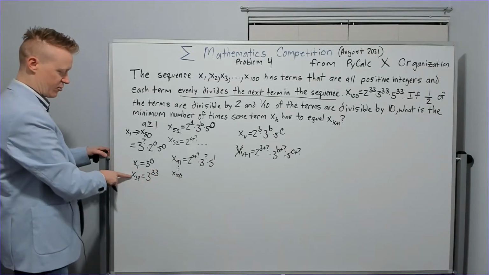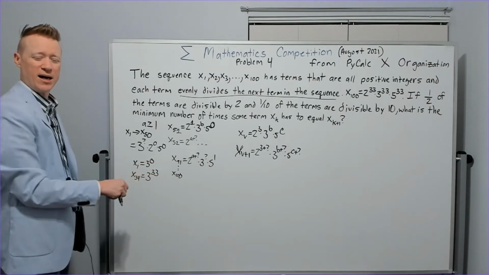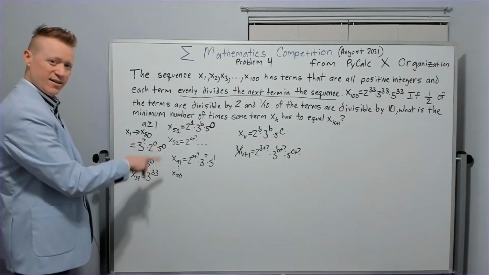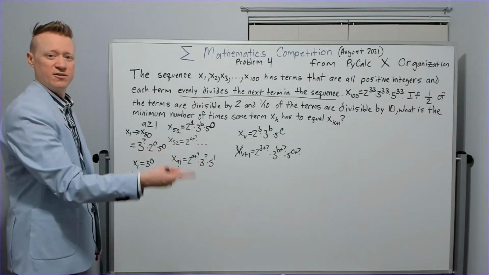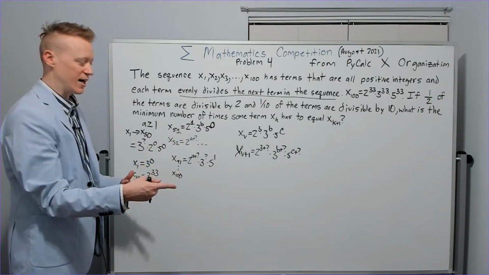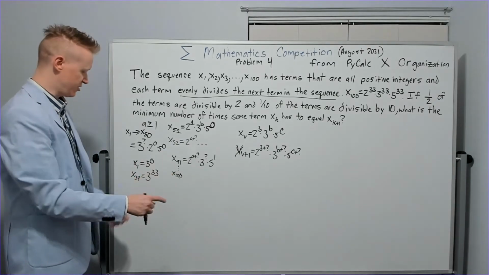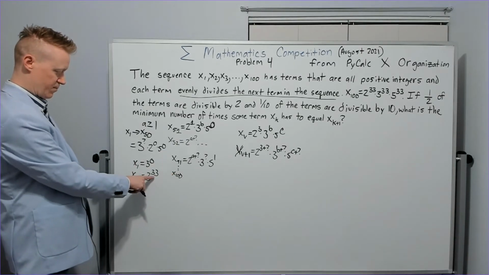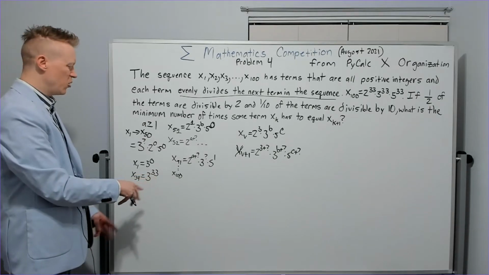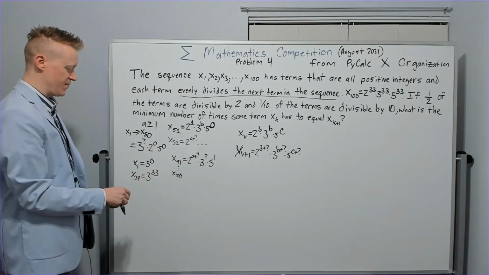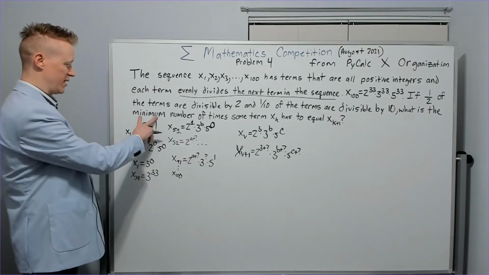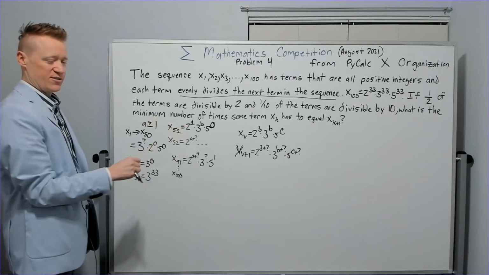Because we added 33 terms, we'll add 33 powers of 3. So x sub 2 is 3 to the first, x sub 3 is 3 to the second, and so on, noticing that the subscript is 1 more than the exponent. We don't want to create any duplicates if possible, because we want the minimum number of times some x